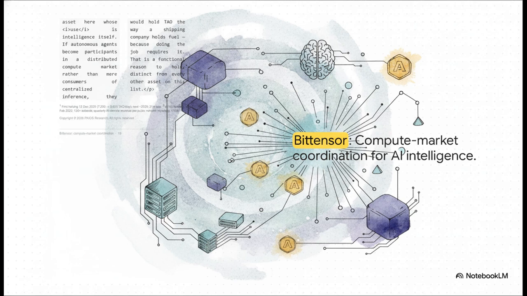But an agent can't just hold reserves. It needs to actively buy intelligence and compute. So we shift over to the platform compute layer, and specifically BitTensor, or Tau. BitTensor is essentially a massive, decentralized machine learning marketplace. It coordinates different flavors of intelligence across specialized subnets, dynamically pricing machine learning capabilities on an open market.